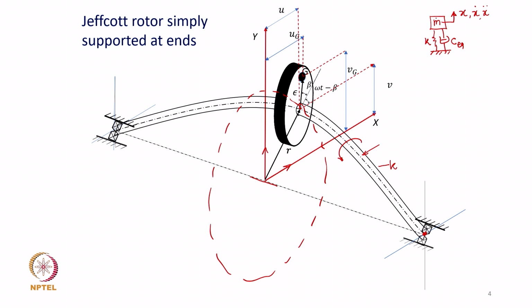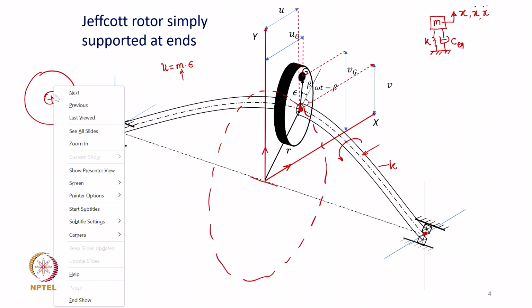And where this mass is located, is this mass located here? Is the disc mass located at the shaft axis? So, what we are saying is unbalance is mass times eccentricity, and this mass, let us say, is assumed as the mass of the entire disc, and although it is shown in a very highly exaggerated way here,